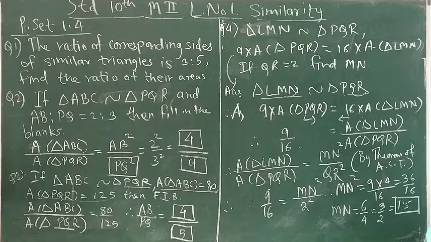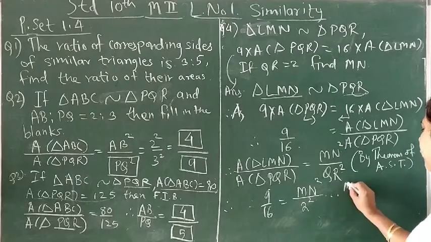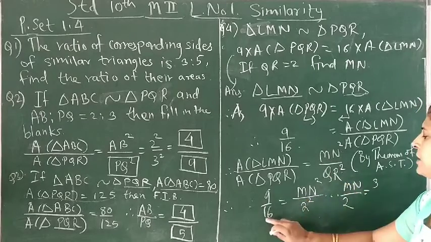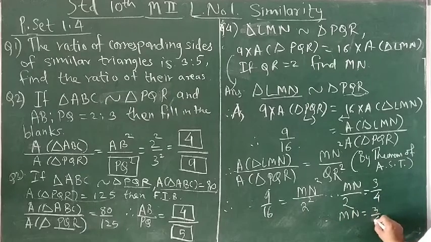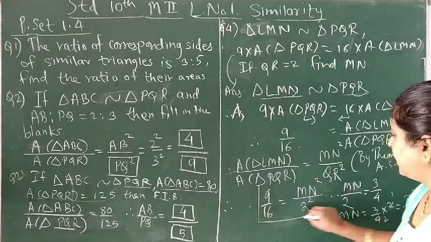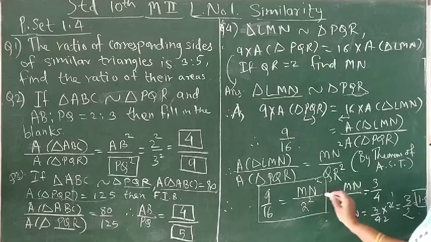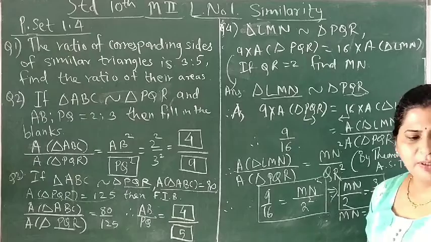This is one way. The other way of solving it is to find the square roots of both sides. Therefore MN upon 2, we have removed the square. 9 is the square of 3 and 16 is the square of 4. If you do it this way, what is MN? MN is 3 upon 4 into 2. The 2s cancel, and you get 3 upon 2, that is 1.5. Both ways give the same answer, but I feel that if you get perfect squares, 9 and 16 are perfect squares, MN square, 2 square, you can just take the square roots and then simplify. That will be the easy way.